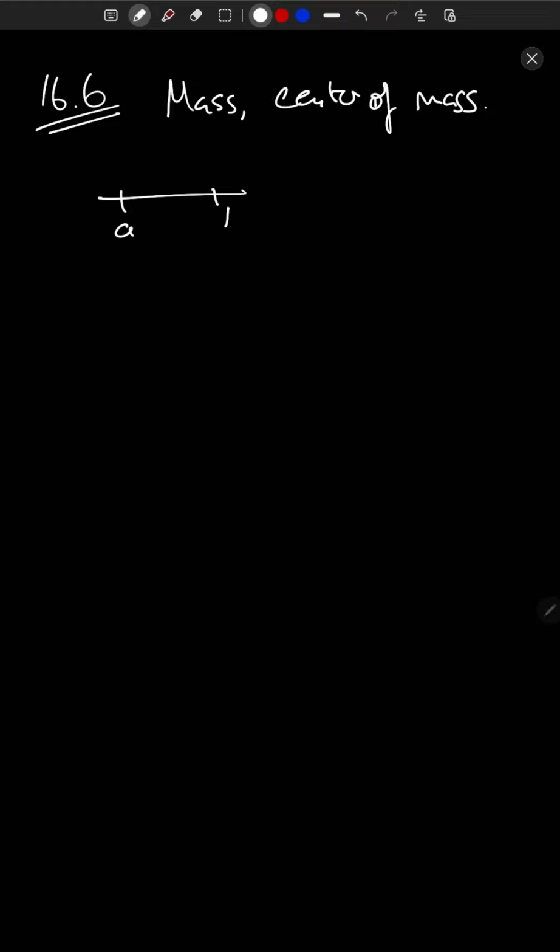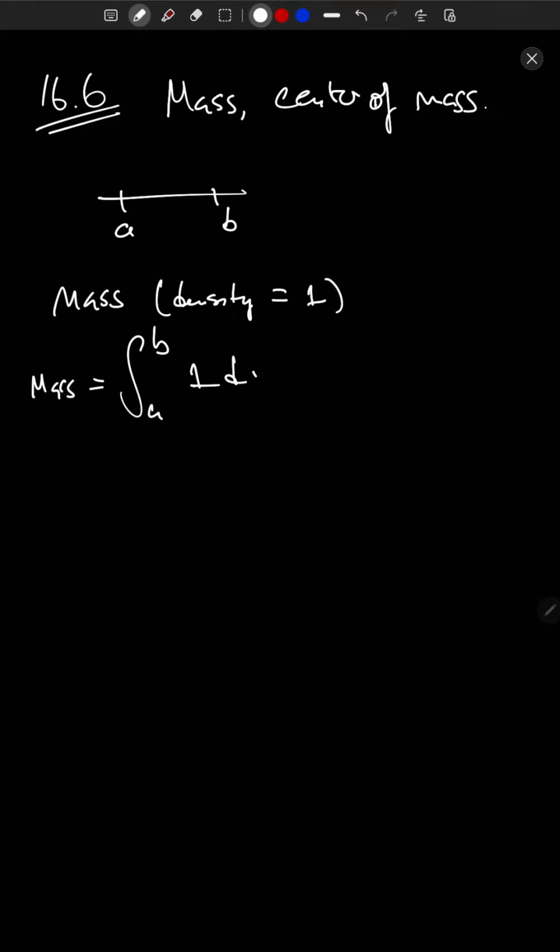We have an interval from a to b. If it just has a mass density of 1, just 1 everywhere, then the mass is going to be the integral of 1 dx, and it's just going to be b minus a. All right. So the interesting things come when you have mass density, which means you have, for example,